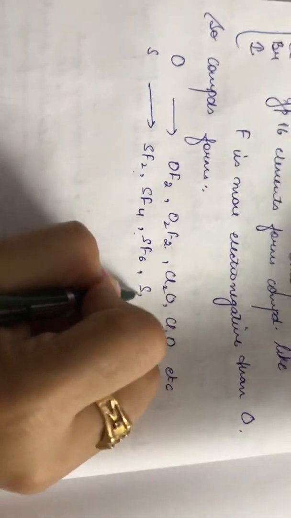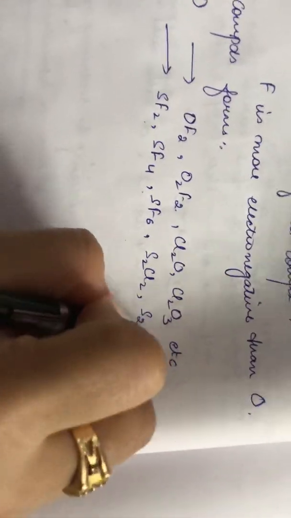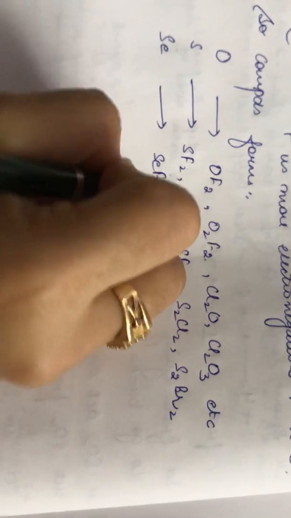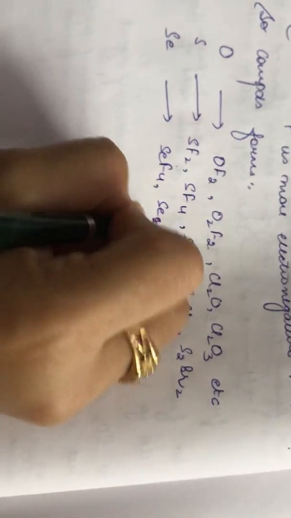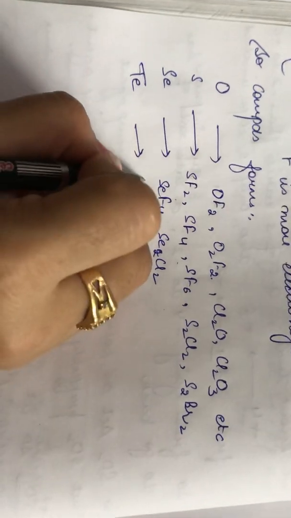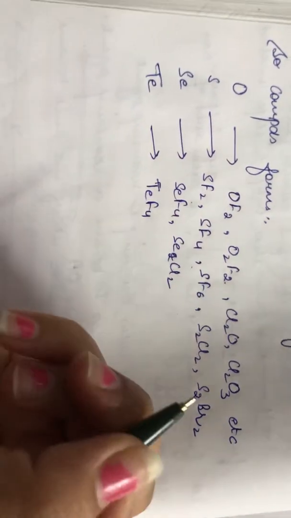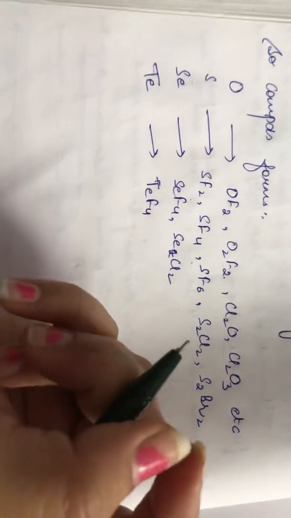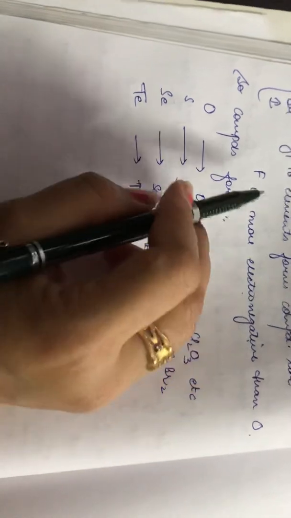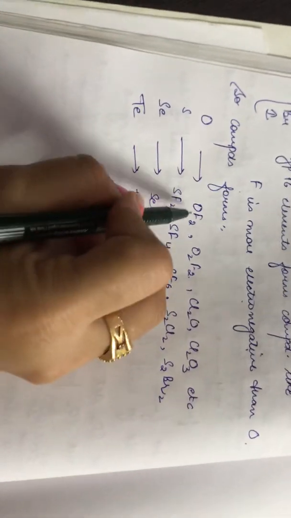Reason you already know. S2Cl2, S2Br2. Similarly with selenium, SeF2, Se2Cl2. With tellurium, TeF4. Here you only have to know that because of the more electronegative nature of fluorine,